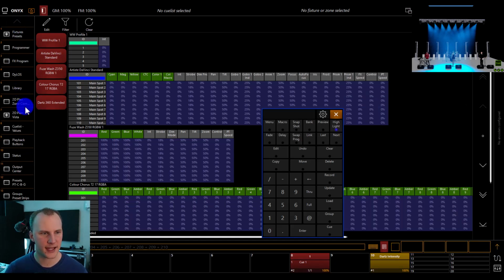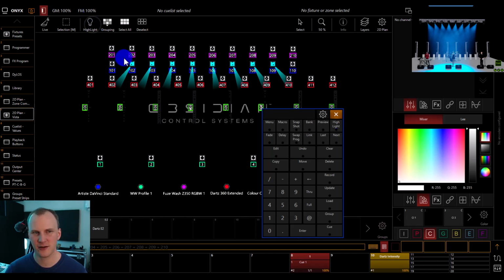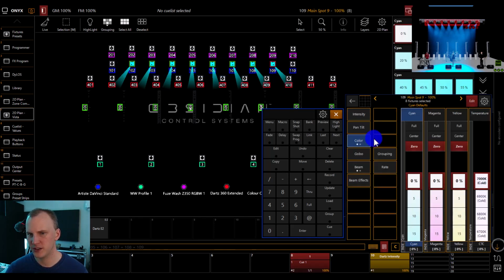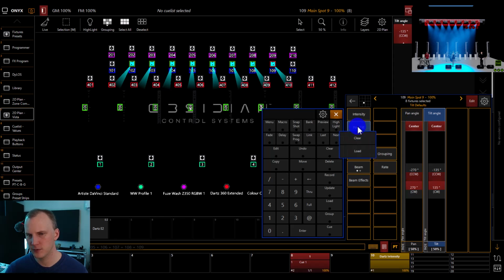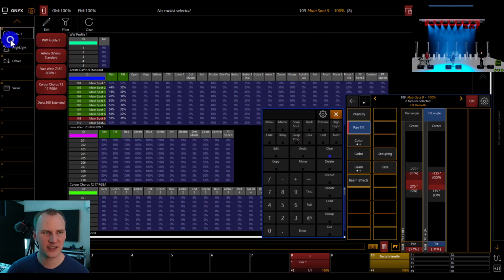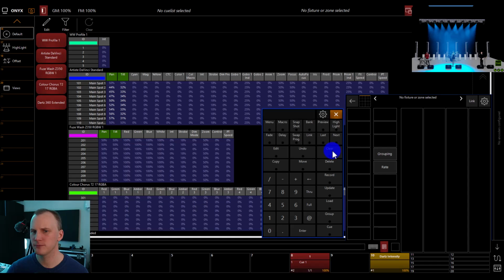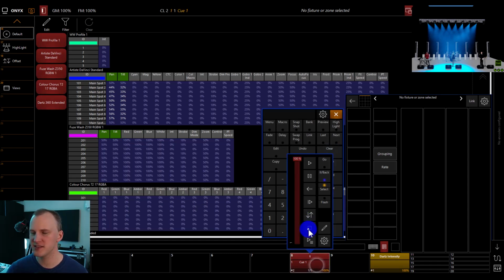Now, if I go back into my main view, we're going to turn off highlight, and we select these fixtures. We could, by default, put them in this position just by going to pan tilt, right-clicking and pressing load either over here on the whole parameter group or on these individual parameters. No, I apologize, only on the individual parameters. This is new. They changed it. Now, I can go ahead, back to my default, unclick edit, clear,